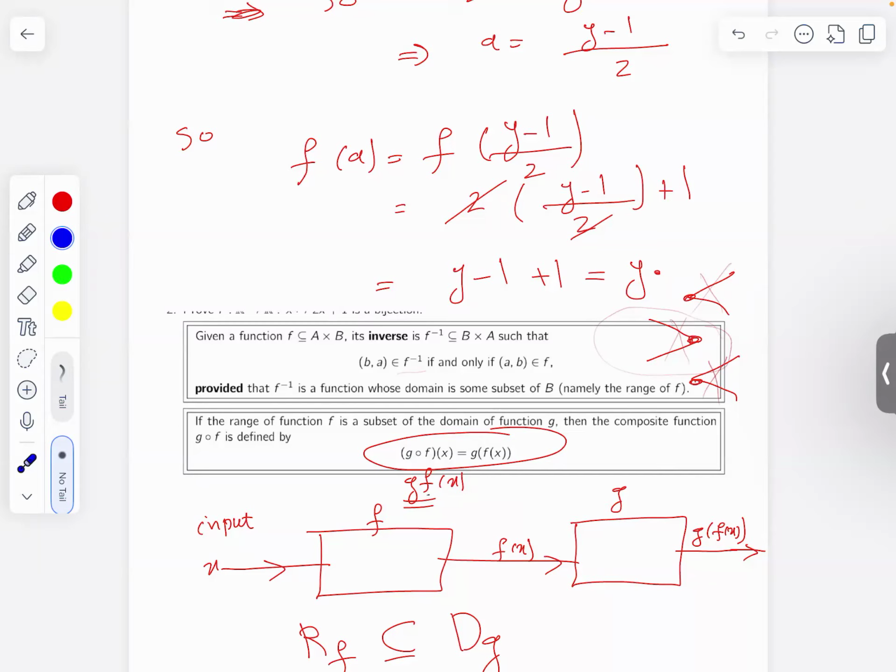If a function is one-to-one, f is a relation, a subset of A times B. We said that a function is a special relation which is a subset of A times B. The elements of f are in fact pairs (a, b). What's the inverse? Inverse means changing the place of a and b. We say that f inverse is definable, or exists, if